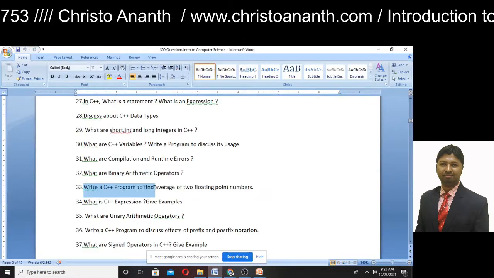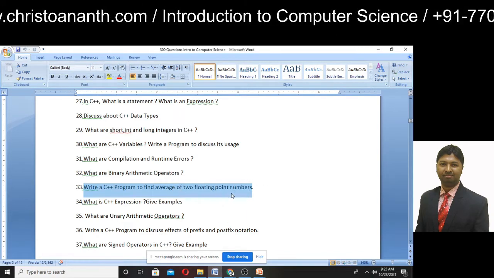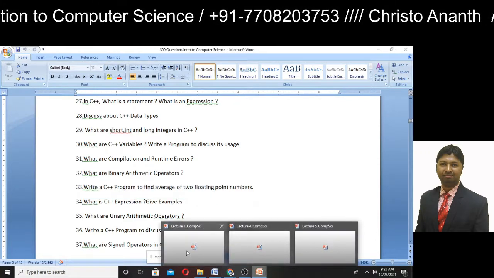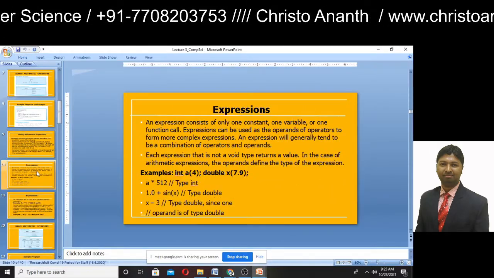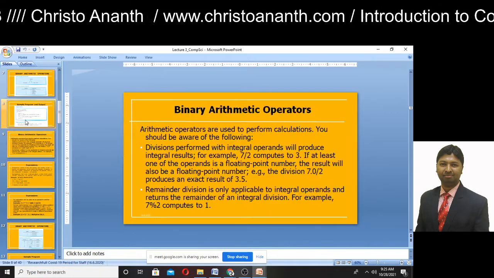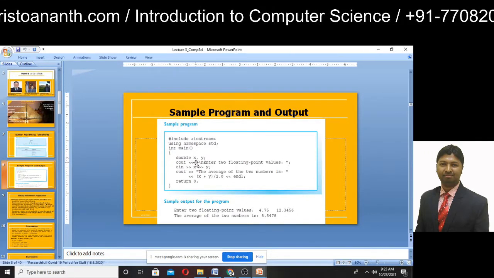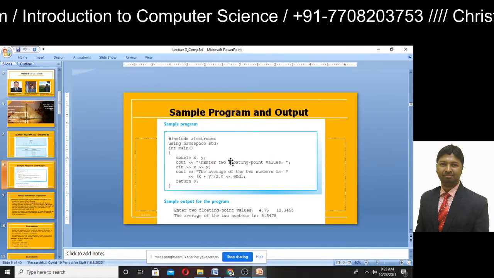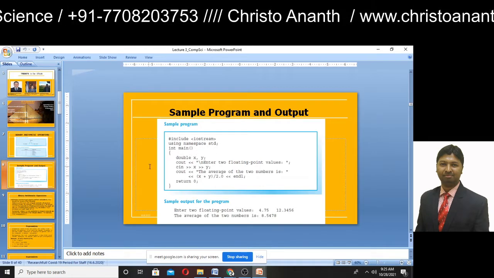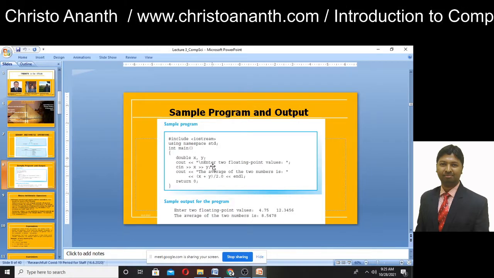Write a C++ program to find the average of two floating point numbers. It is not finding the average of two numbers alone, but of two floating point numbers. To do this, you can take an example. #include <iostream>, using namespace std, in the main function, double x, y. cout: enter two floating point values.